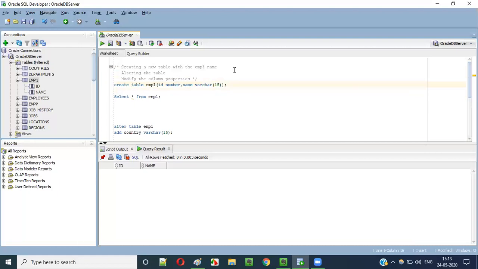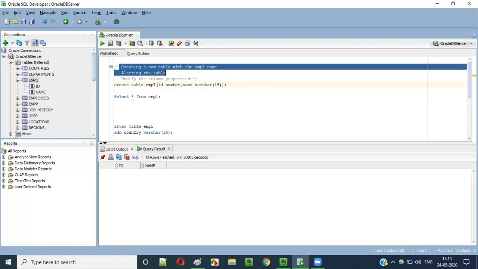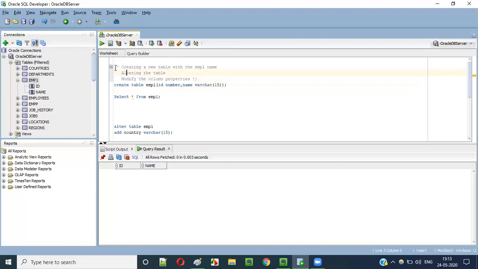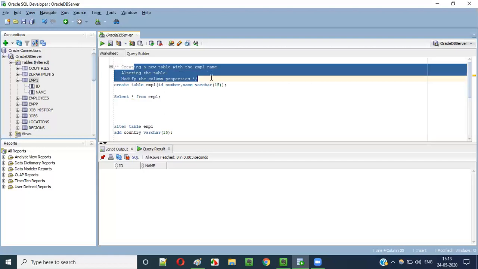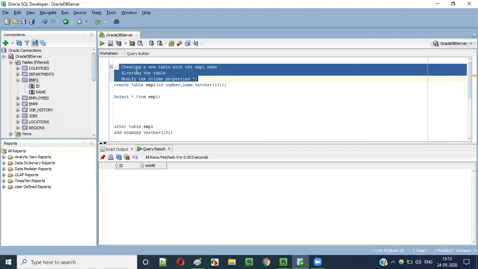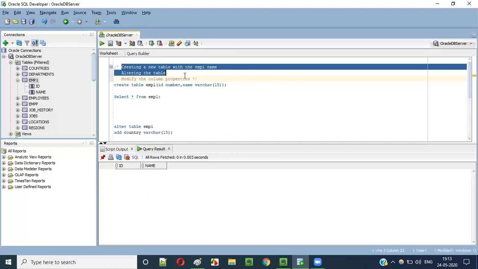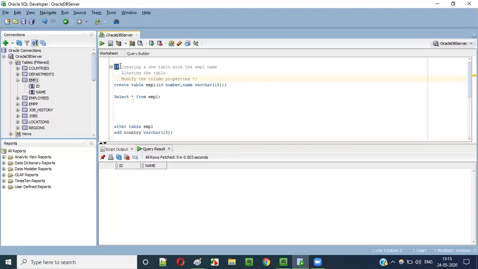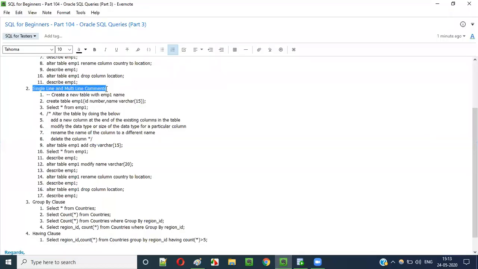If you want to specify a single line comment, use a double hyphen and provide the text in a single line. But if your comment is more than one line, then you have to specify this kind of comment. There may be some requirement where you have to write multiple lines of comments. If you have a very big thing to explain, maybe you cannot complete the comment in a single line, so you may need this kind of syntax for writing multiple line comments. Multi-line comments start with slash star and end with star slash. Okay, fine. So now we understood what single line and multi-line comments are.